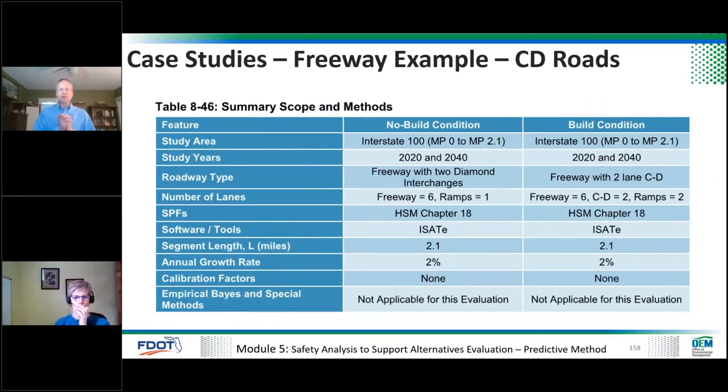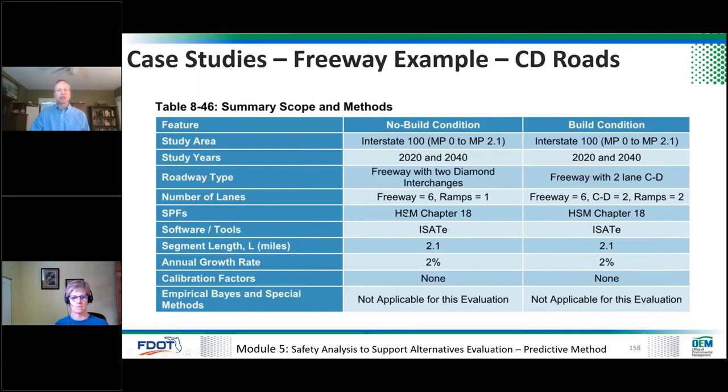During scoping, we decide that it's going to be Interstate 100, mile plus 0 to 2.1. We're going to look at 2 years again, because we want to match the traffic operations, although you may decide, and you'll see in a minute, that leads to an interesting outcome when you do the 20 years. We want the 20 years. So actually, we're going to talk about all the years when we do this, but we have set endpoints. Then we've got freeway with 2 diamonds, CD for the build, freeway with 2-lane CD, and